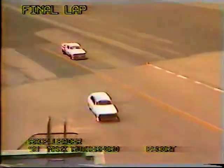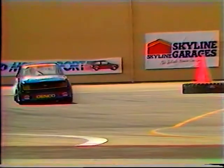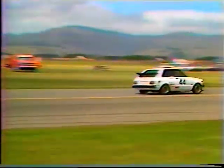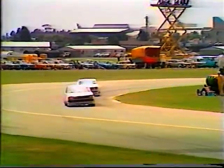Well, with one lap to go, there's going to be an interesting tussle between Phil Henley and Malcolm Webb as to who's going to get second and third. They've swapped positions every lap, and Phil Henley may get through on the back straight on this last lap. Mark Rutherford not making any mistakes over the bumps at the hairpin. Half a lap to go. They've got one left-hander, and then they've got the tricky left-hander with a bump in it, which we call Bombay, coming up